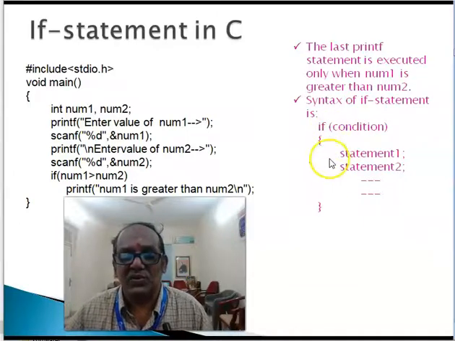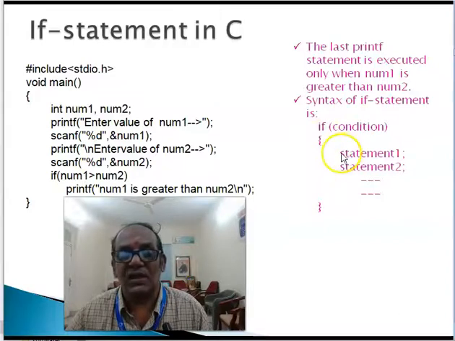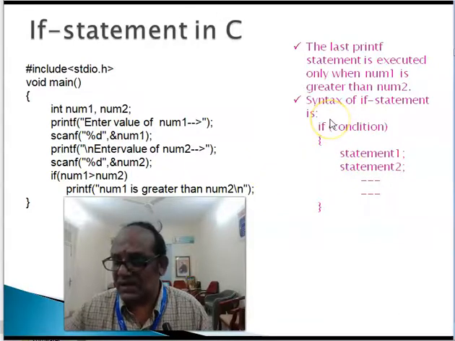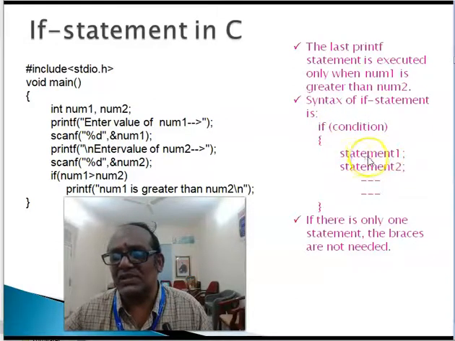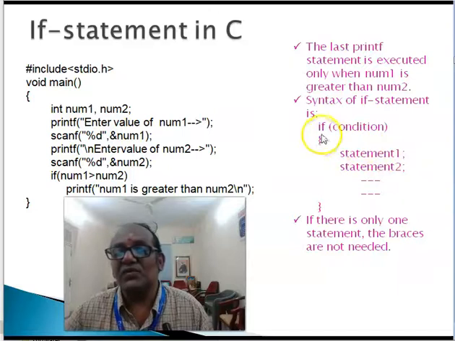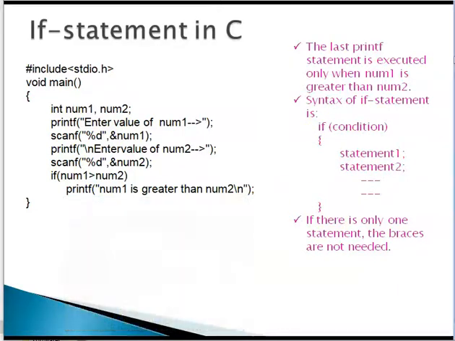brace. A group of statements placed in between a pair of braces is called a block. So generally an if statement can have a block. If there is only one statement, for example only statement 1, there is no need of placing the braces. In the case of the current example, we did not put brace open and brace close because there is only